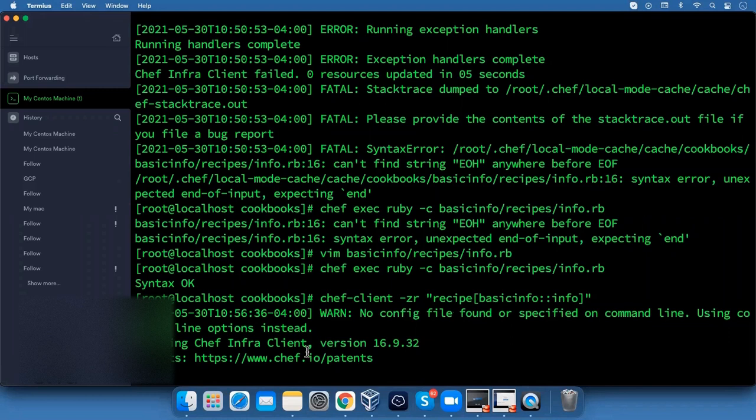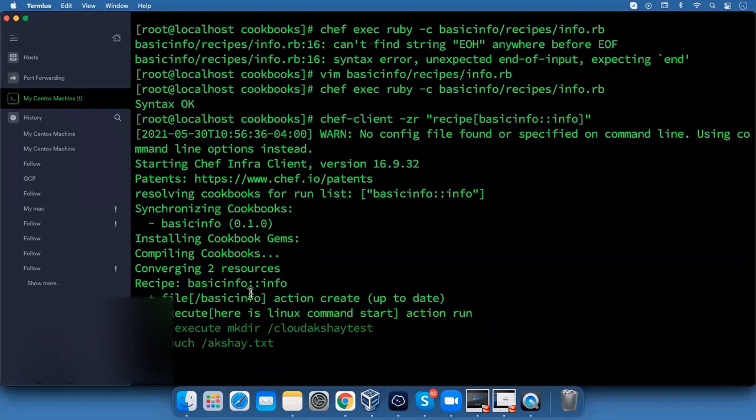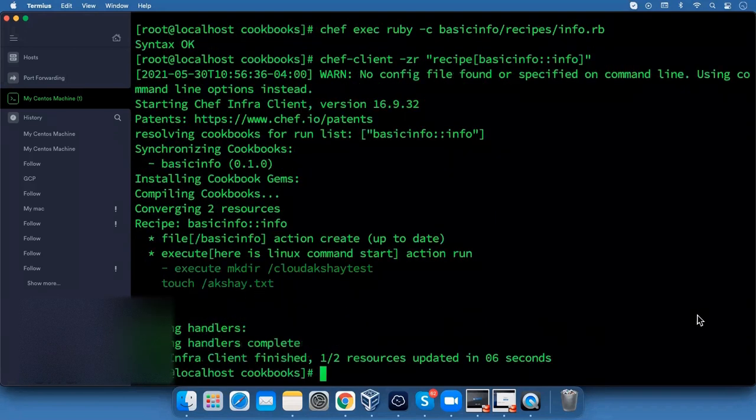So you can see starting Chef Infra Client, and installing gems. The first code is already up to date. You can see file /basic info action create up to date, and execute. Here is the Linux command, start action run, and execute mkdir cloud akshay test and touch akshay.txt.